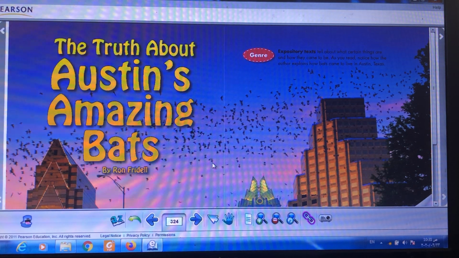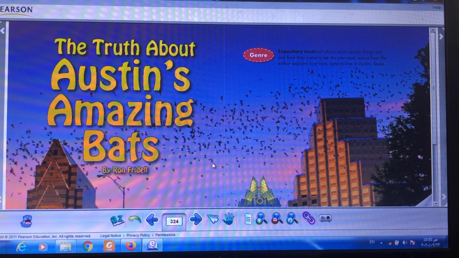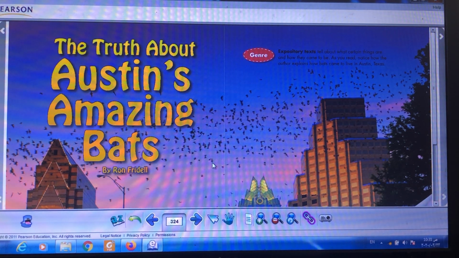Today's lesson is reading. Our selection today is The Truth About Austin's Amazing Bats, which is an expository text. The genre of this story is expository text. I told you before about expository texts or stories, which tell about what certain things are and how they come to be.